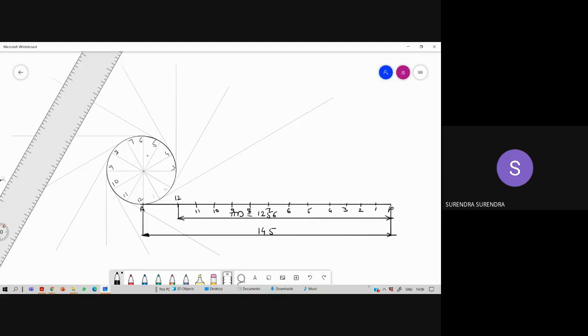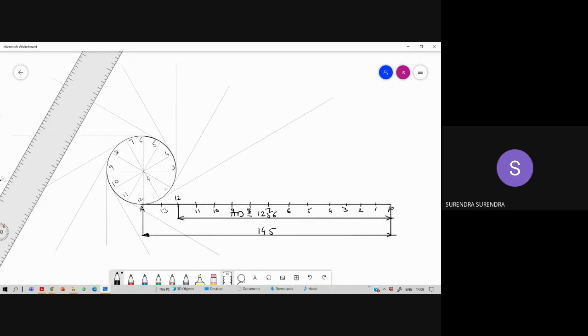Measure the distance from 11 to 12 with compass. So as all these points are at equal distance, is it? We are dividing by using inclined line method, meaning we are getting all the 12 points at equal distance. So measure distance between any 2 points, either 10 to 11 or 11 to 12 with compass. With 12 as center, mark a point on this. We'll get point 13. With 13 as center, you may get or may not get one more point.